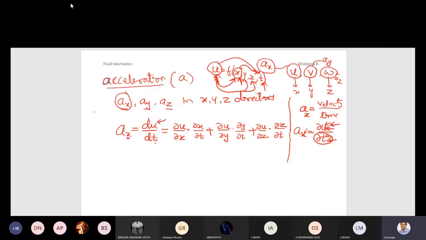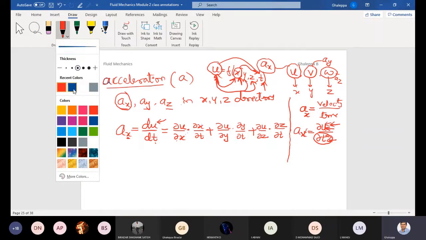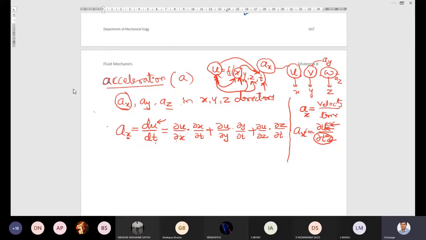So let me repeat what I have done once again. It will become easy for you to understand. I am considering the velocity in x direction only. So x direction velocity is u. When you are considering velocity in x direction, of course there will be an acceleration in x direction. That acceleration is defined as the ratio of change in velocity with respect to time. So which velocity should I consider here? I need to take u because I have taken x. Okay. If you have taken ay, then dv will come into the picture.